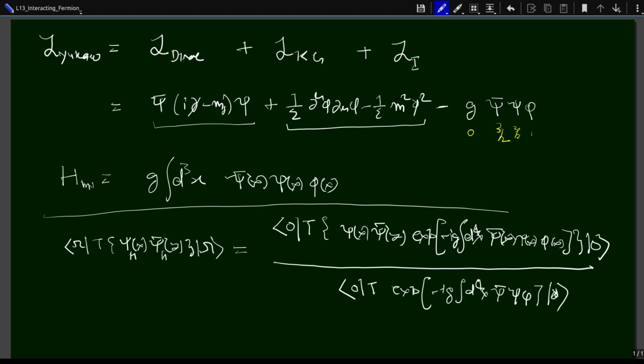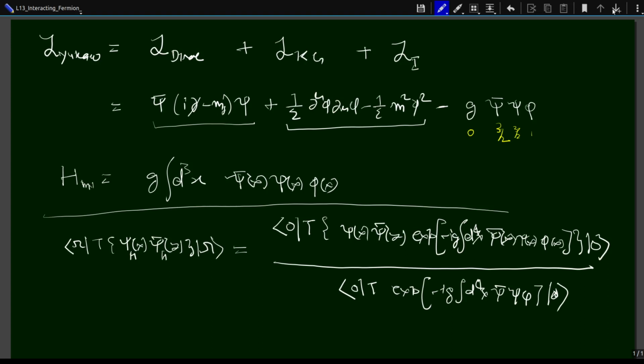Now, in order to compute this, I need to compute the numerator and the denominator explicitly, order by order. Okay, so I will come to the details of the diagrammatic way of doing it. You have already had some exposure to the Feynman diagram in the previous course of KFT1, so we'll eventually use it, but I want to do this for the first time in slightly more detail without using the diagrams, or rather using the diagrams to the least,